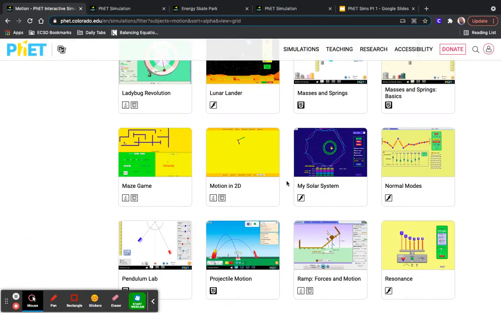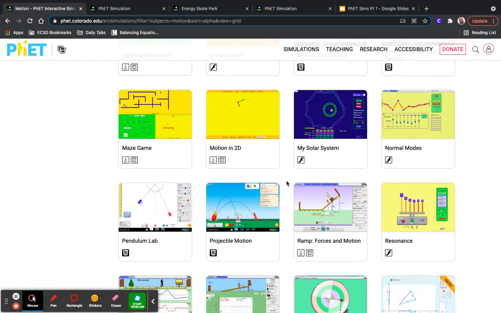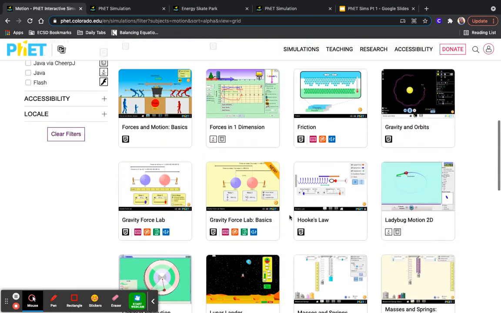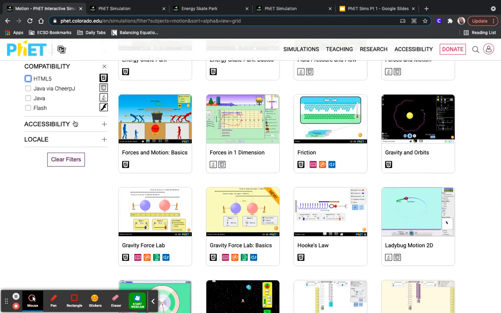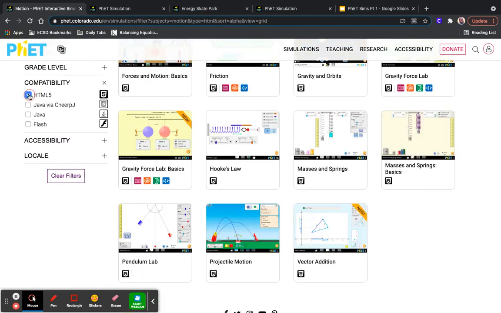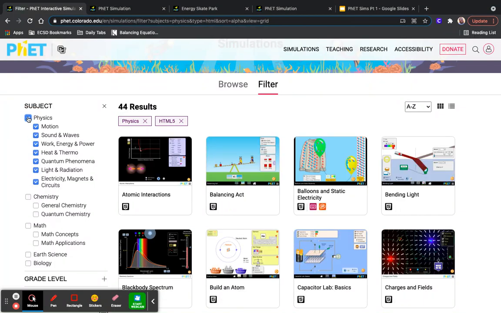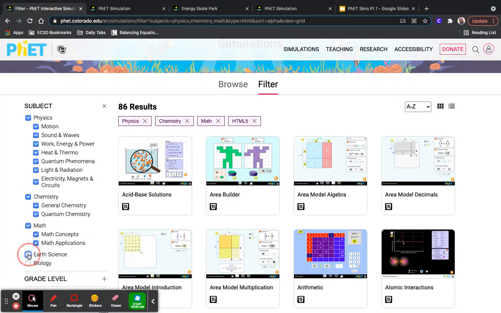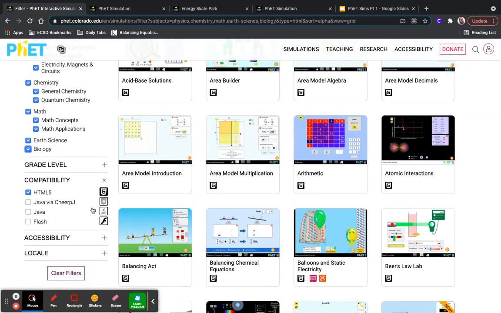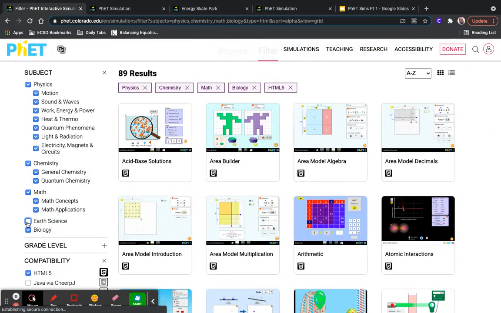Now, some of them you may have trouble running depending on what you're on. A lot of them they've revamped and made an HTML5 version that's comparable. So there's those as well. So if I click back on HTML5, you have all your physics stuff here, and then of course you have chemistry and math, and now even earth science and biology. So, several to choose from. Earth science and biology doesn't look like there's a ton there yet, but definitely plenty of